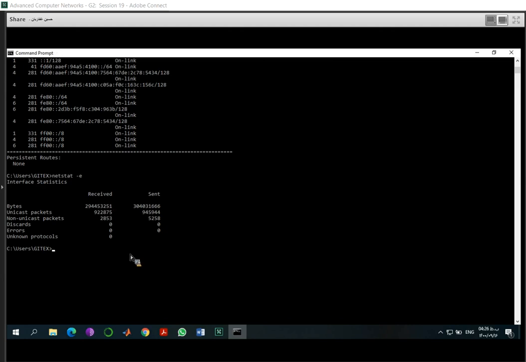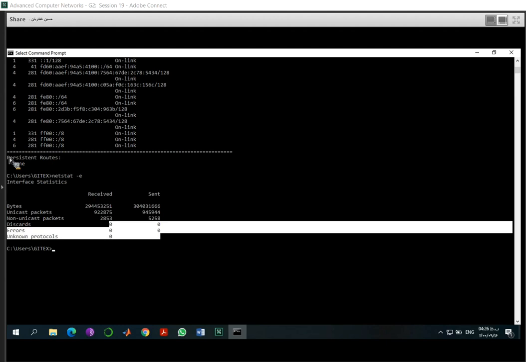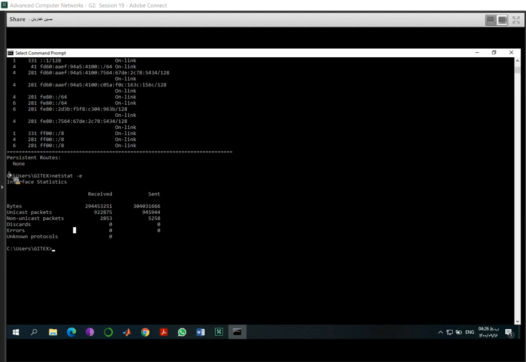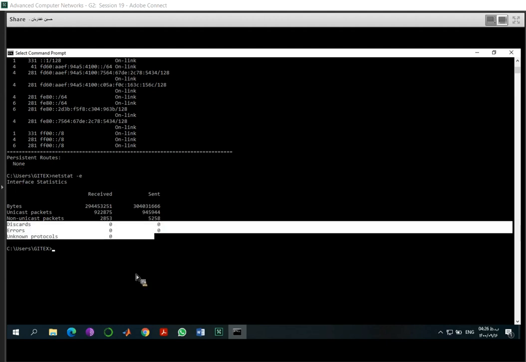Here I can see there is no ICMP message or packet in my computer currently. But if I use this one, dash s here.